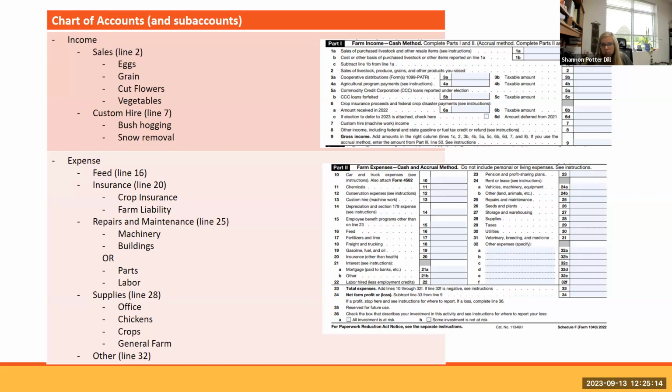Again, a big catch-all, as well as line 32 in the other expenses. So for supplies, perhaps I'm going to have office supplies. Maybe it's for my poultry, then my crops, and then maybe there are just some general farm supplies that I purchase. And I might break those out into multiple sub-accounts that would then add up to line 28.